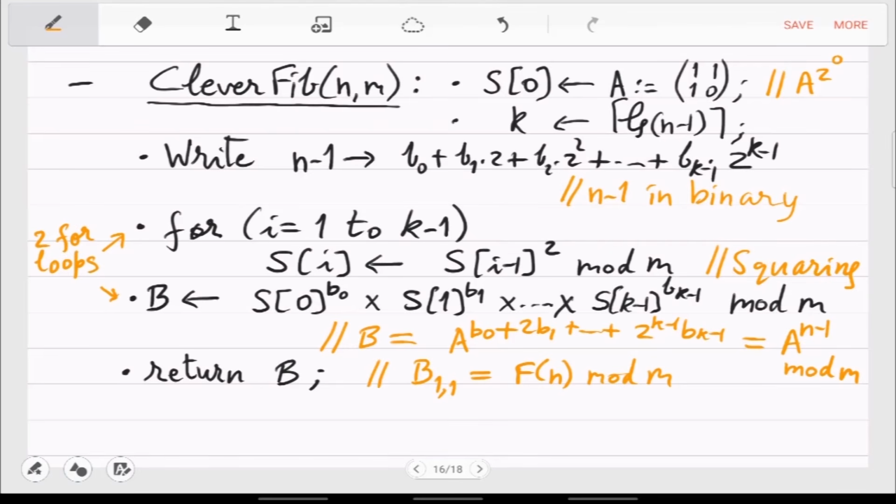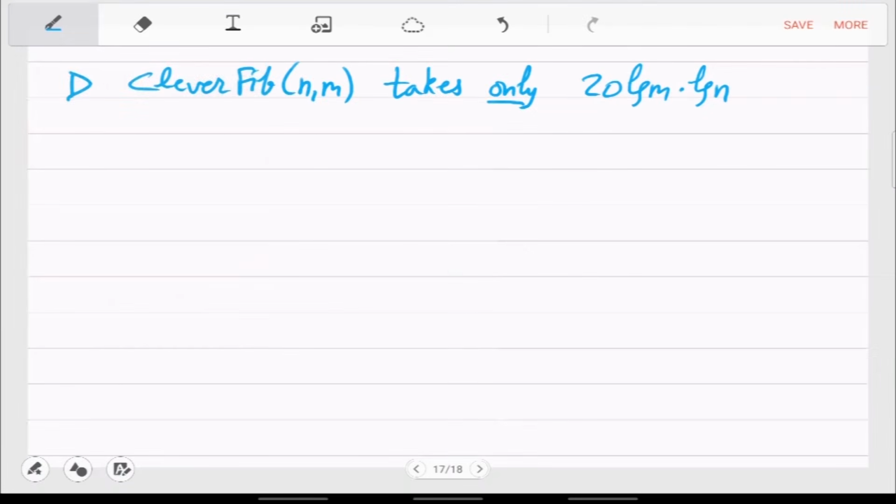Because of what I have written in the second line after the for loop, you really cannot compute it immediately if you do it in a C program, because you don't know what k is. K is something growing, which depends on the input. So the only way is to do another for or while loop, right? That loop will have k steps. So it's basically 2 for loops, each with k iterations, so you get double of that. So this is the amount of time. It's around 40 log n time or steps.